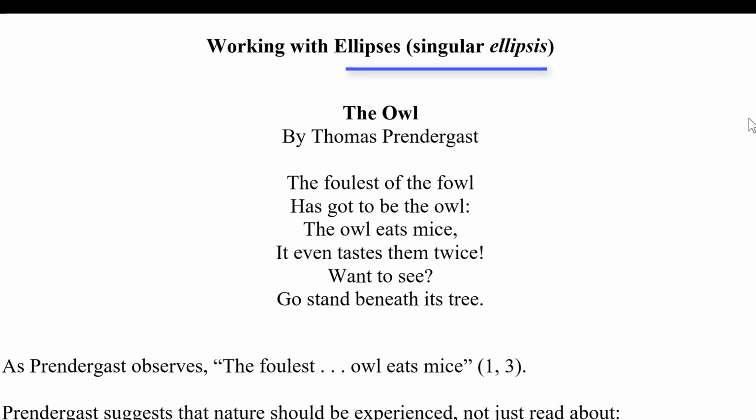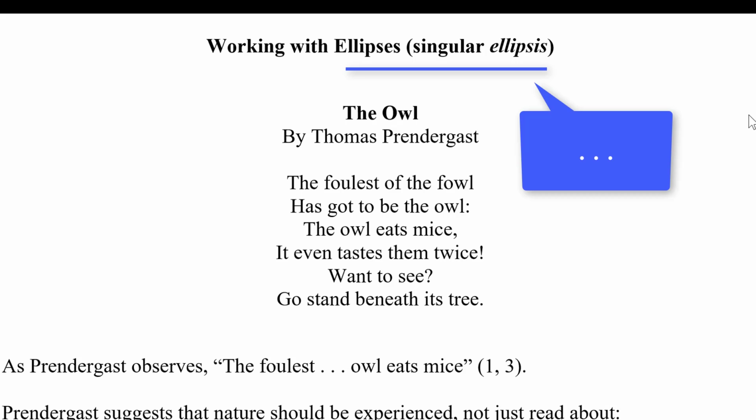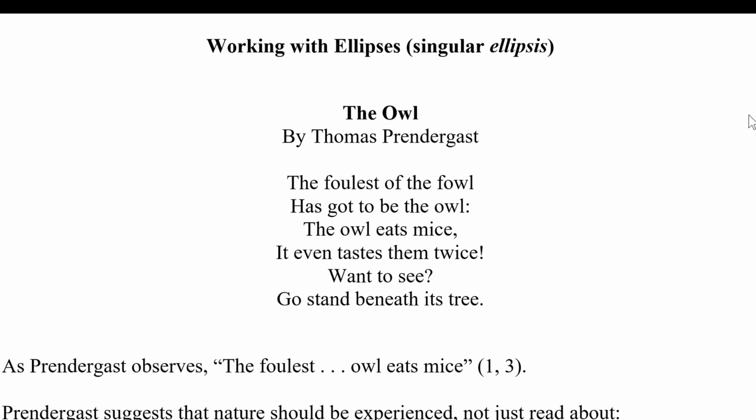An ellipsis, or plural ellipses, is basically a set of three spaced periods, and we use these to skip over a part of a quotation. So it's a really handy tool to have, but we do want to make sure that we use it properly. And to explain how to use an ellipsis properly, we'll have a look at this little poem here, and then we'll talk about how we can incorporate bits of it, as well as some critical opinion about it in our